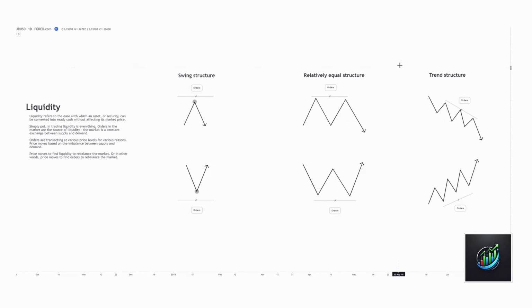So now that we've looked at that, we can look at trend structure a little bit more. And what we can see is it's a combination of swing structure relative to equal structure. Because as we're seeing, we have this downward sloping trend structure. And I'm sure when we first started trading, a lot of us jumped into trend lines and pattern trading. And one of the things that we learned is when we had two lower highs in succession, we could draw a trend line and we'd be looking to trade the third touch, as that would be a validated trend.